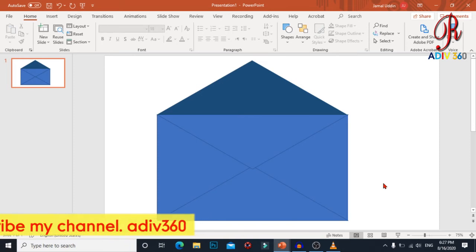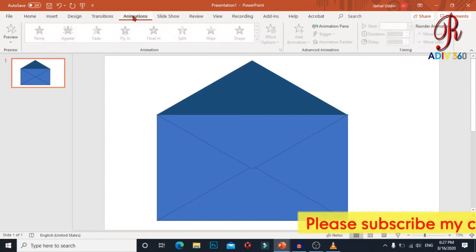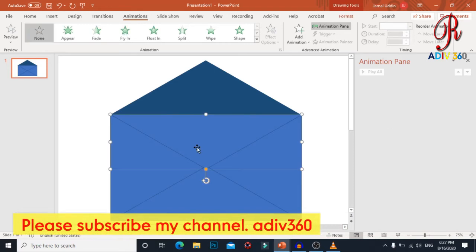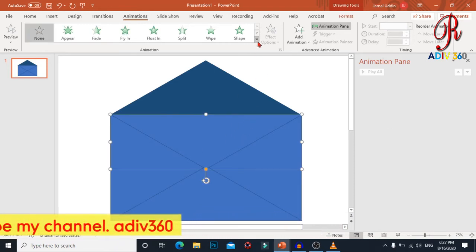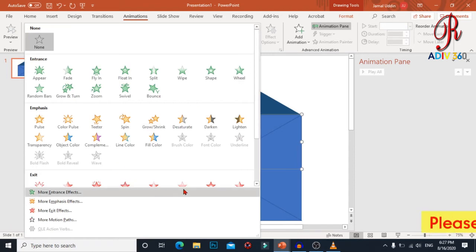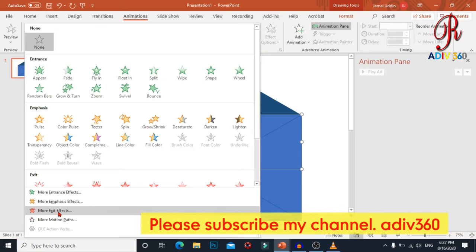The first thing I am going to do is to go to Animation and keep the animation pane open so you can see what I am doing. For this piece we are going to use the exit animation. Let us go to animation options and choose More Exit Effects.